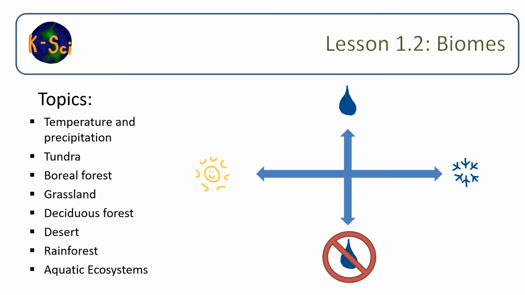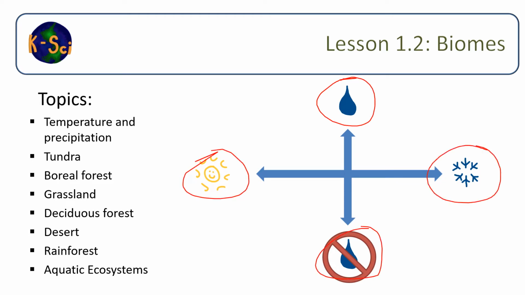Okay, hello there. Today we are going to learn about groups of biomes that are similar because of the amount of precipitation and the temperature of an area. So these are called biomes, and they're like broad areas around the Earth where the ecosystems are very similar because there are going to be very similar organisms that can survive with these two factors.